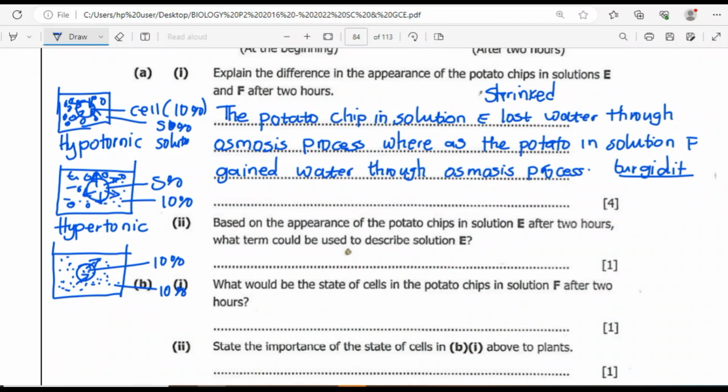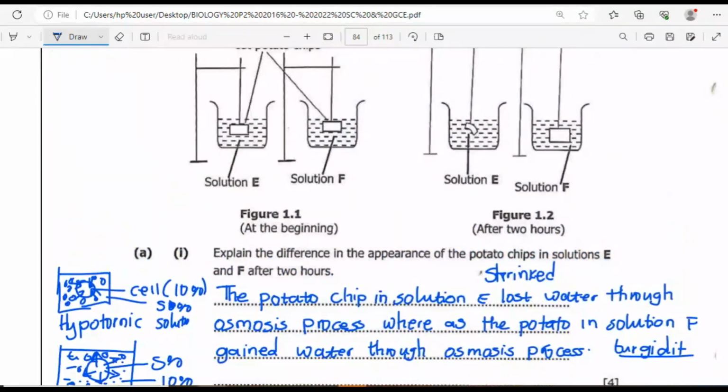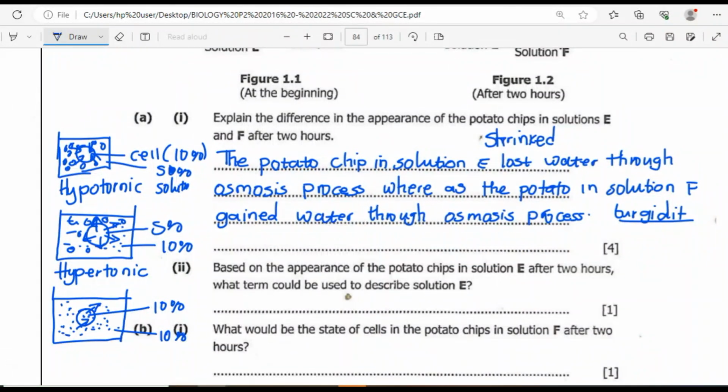So because of that movement, then we are going to have the same. So that's a picture. So if we go back to our diagram, which is 1.1, let's look at E. E lost water. So we said whenever it loses water, then that is hypertonic solution. Then whenever it gained water, it is hypotonic solution. So what is the question? So the question is about E. So say hypertonic solution because the cell